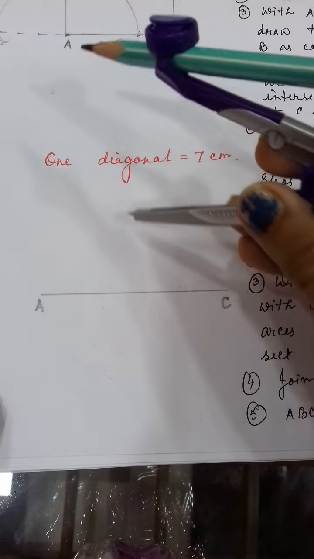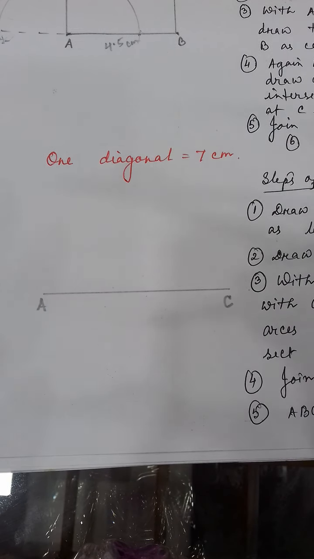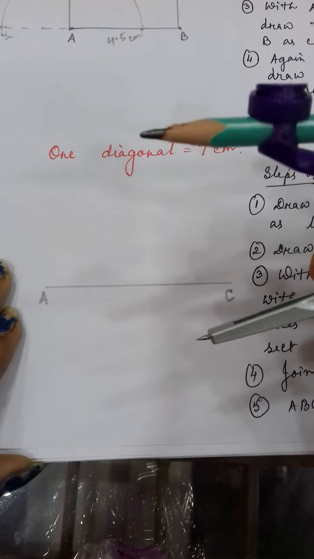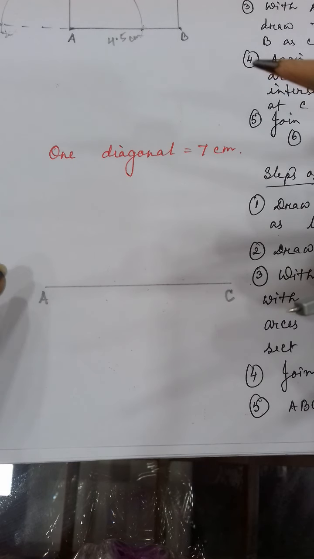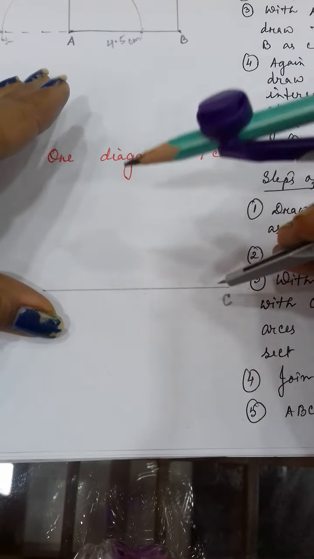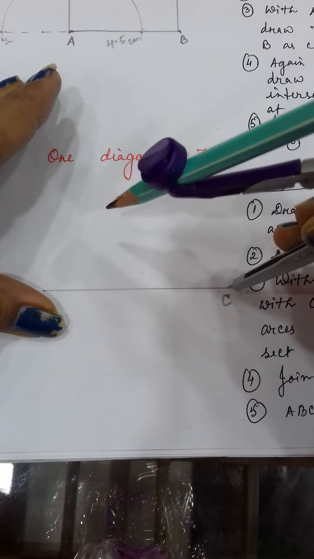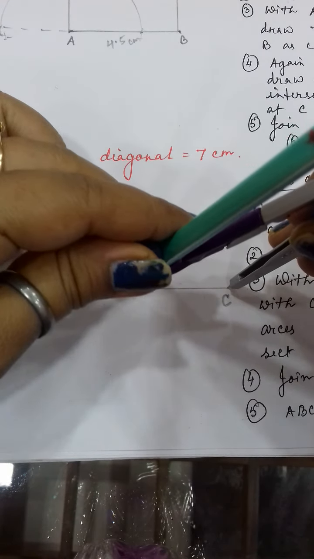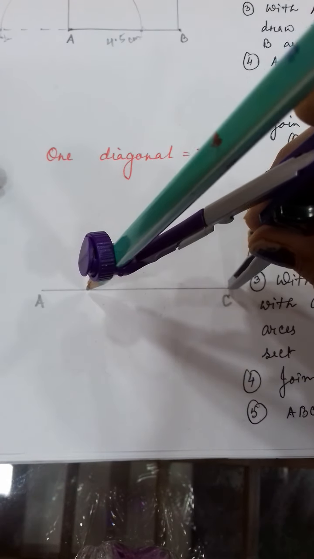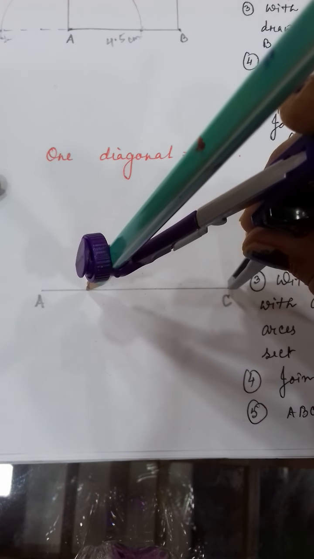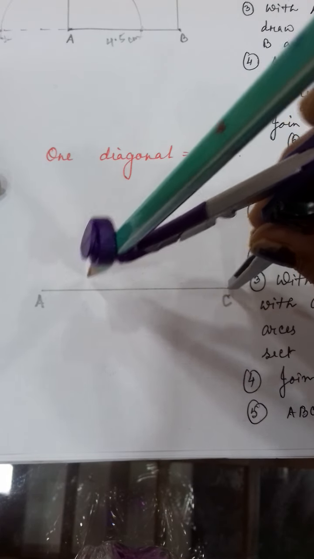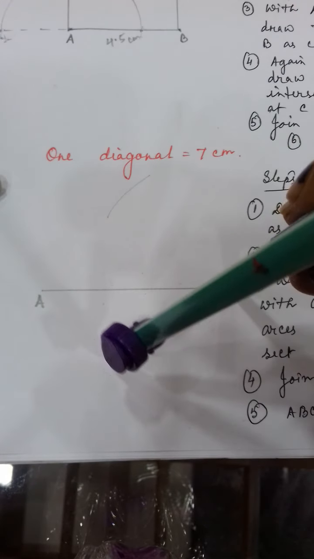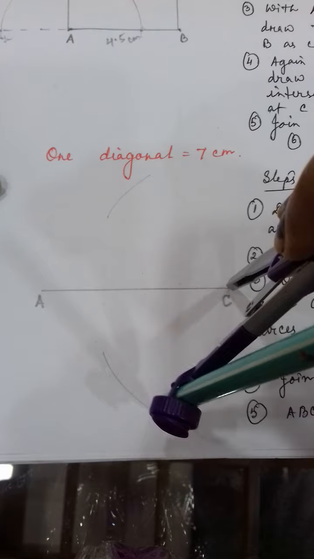Now what you will do, here also you have to construct the perpendicular bisector. Now what is the procedure, how to construct the perpendicular bisector when you have to consider the diagonal as the baseline? You place your compass at one point, suppose it is the midpoint, yes or no? Take a little bit more measurement, more than the midpoint. Clear? With any measurement. After that you will draw one arc this side. With the same measurement, on the opposite side also you will draw another arc.